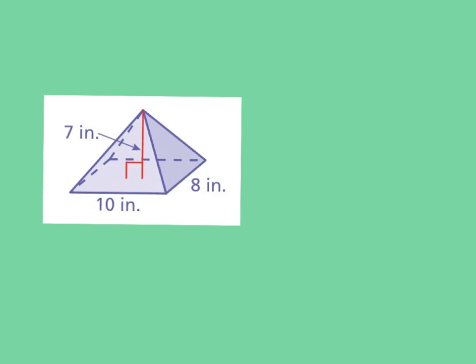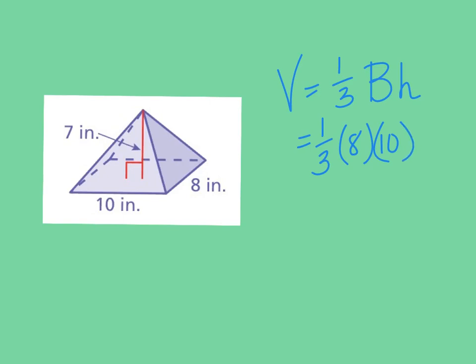One more pyramid here. I'm going to start with my volume formula. Volume equals 1/3 big B, so the area of the base times height. In this case, I have 1/3. The area of my base would be the 8 times 10, and then my height is 7. I'm going to multiply out all of these numbers. So I know 8 times 10 is 80, times 7 is going to be 560. Then I'm taking 1/3 times 560. If you're doing this on your calculator and you do 560 divided by 3, you're going to end up with